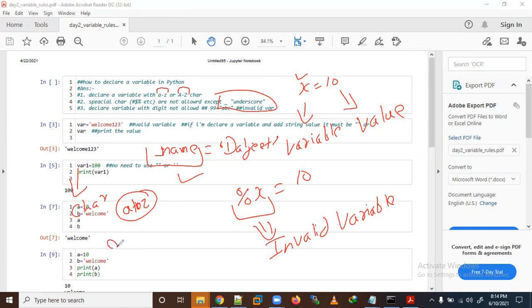Suppose I start a variable 99 underscore name is equal to Thakur, it is also an invalid variable. These are the thumb rules we need to follow. Let's go to the lab and I will show you one by one.